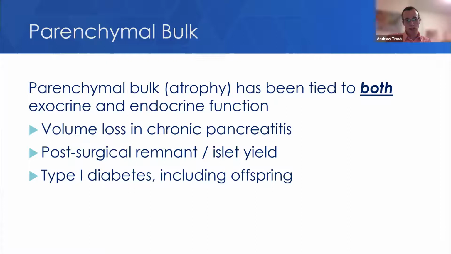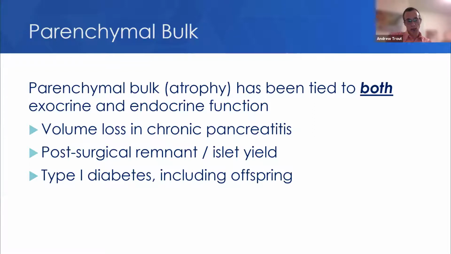So parenchymal bulk was mentioned in the last talk. We see declines in parenchymal bulk in the context of parenchymal loss in chronic pancreatitis, for example, but you can also get it in patients post-surgical. And loss of parenchymal mass has been tied to both exocrine and endocrine dysfunction, as was mentioned in that prior talk. So, this has been shown in the literature that the volume loss tied in with chronic pancreatitis has been linked to declines in function. Measurement of post-surgical remnant, pancreatic remnant, or prediction of remnant has been linked to expected function and to islet yield